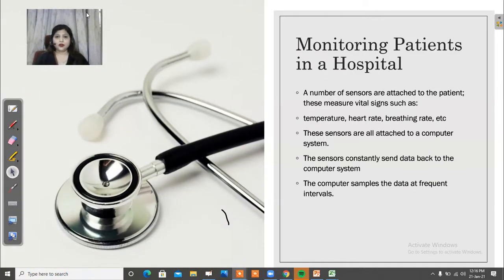Okay, coming to monitoring patients in a hospital, I want my children to visualize that you are standing right in front of any patient, and you can see lots of gadgets surrounding that patient. When I was young, I used to think, how is it possible for nurses and doctors to keep an eye on everybody sitting at the main counter? I never knew that it is actually monitored